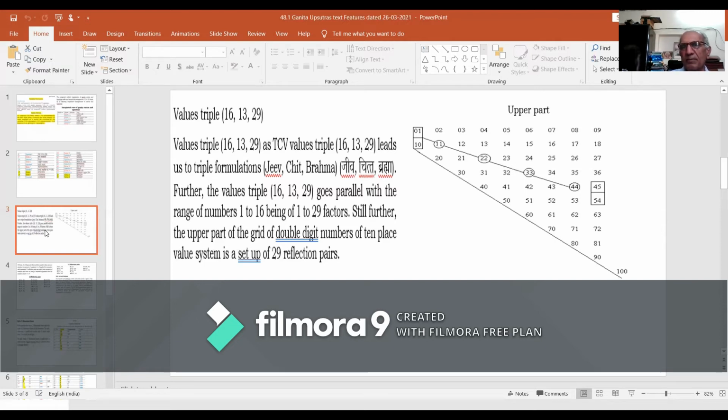The numbers of the upper part have such a distinctive organizational feature that the numbers 11, 22, 33, and 44 as well constitute a mirror line for the upper part. This mirror line makes the numbers above it reflection pairs for the numbers below this mirror line and above the mirror line 10, 20, 30, 40, 50, 60, 70. The mirror line 11, 22, 33, and 44